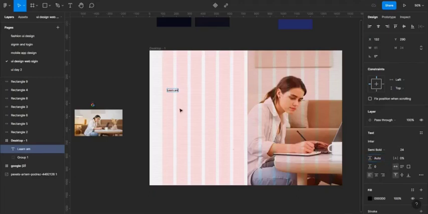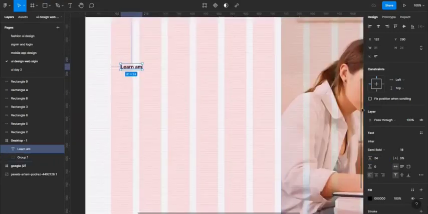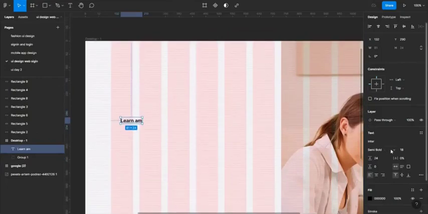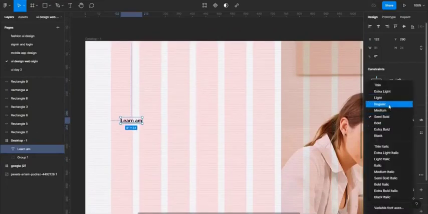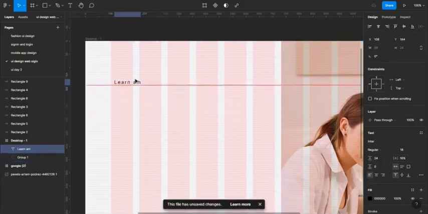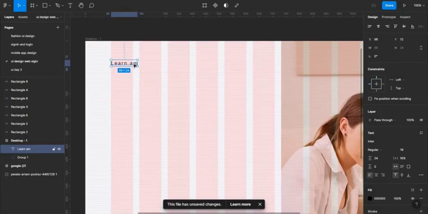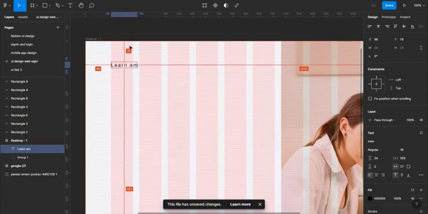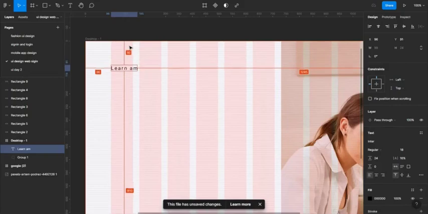Let's keep everything at auto for this. I want to zoom in so that I can see the design if this is what I want. But I'm going to go for regular. Let me go for 10% of this. Since I'll be using the 8-point grid system, I'll use it for everything I'm doing. So for the spacing, remember I use 96. Hold shift and use the down arrow key so you can know the spacing. So 96